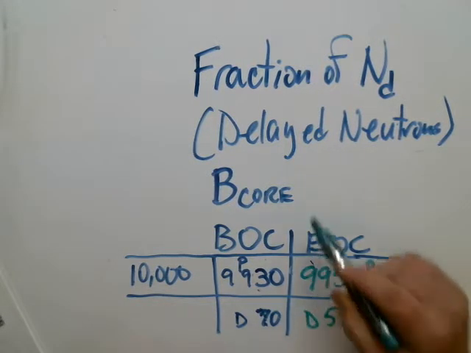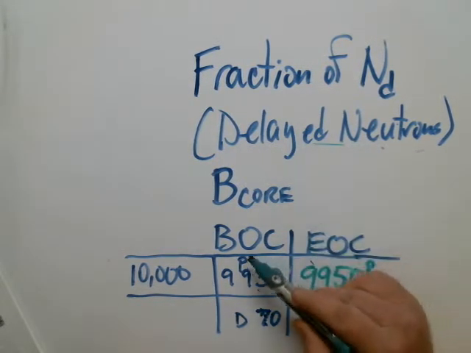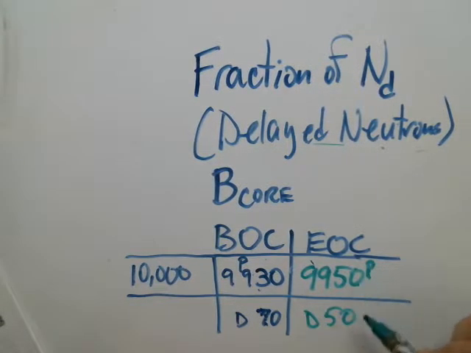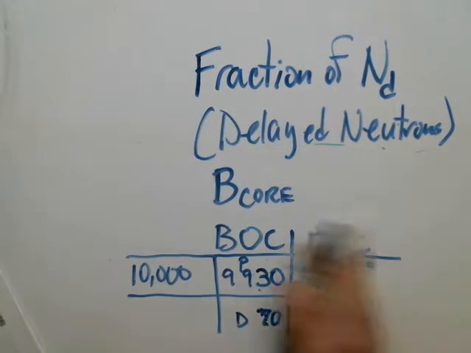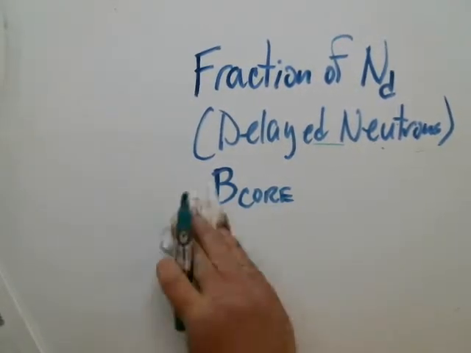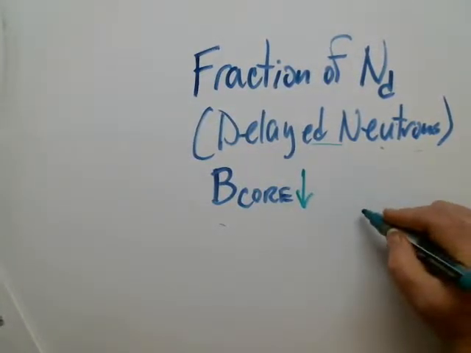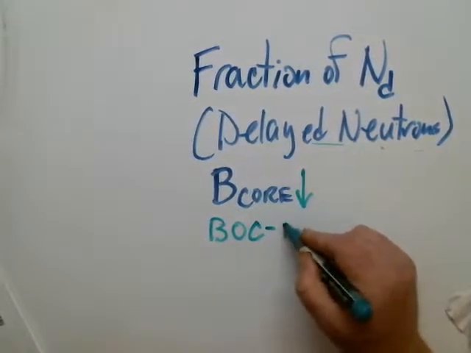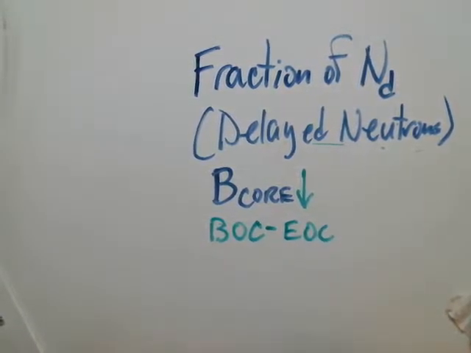So the fraction of delayed neutrons over core life is going down from beginning to end of core life, and I'm getting more prompt neutrons. The beta of the core is going down from BOC, beginning of core life, to end of core life. Over core life, the fraction of delayed neutrons is going down. What that means is our reactor is getting very